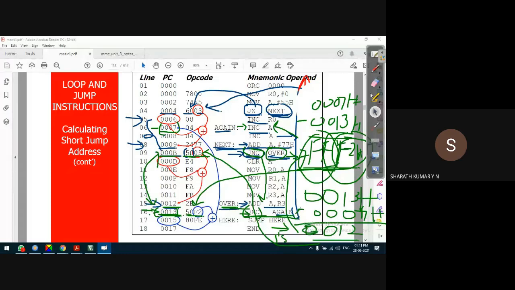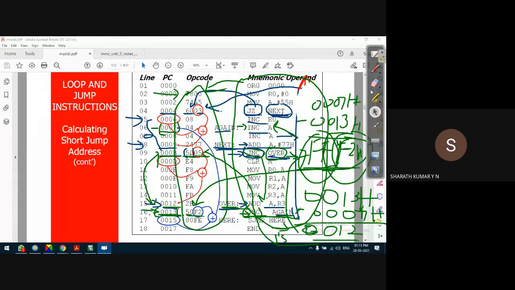This is how the compiler calculates the target address, and based on that, it will store these addresses, and there is operational code in the memory. These operational codes are actually executed by the microcontroller to run a task or to run a program. Though the program is written in assembly language or C language, it will be converted into what is known as operational code, which will be run to execute a task.